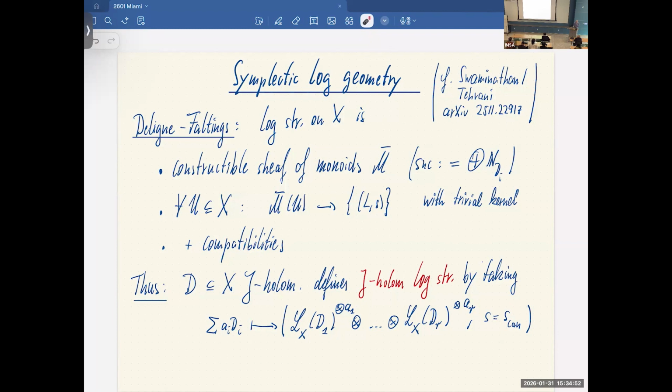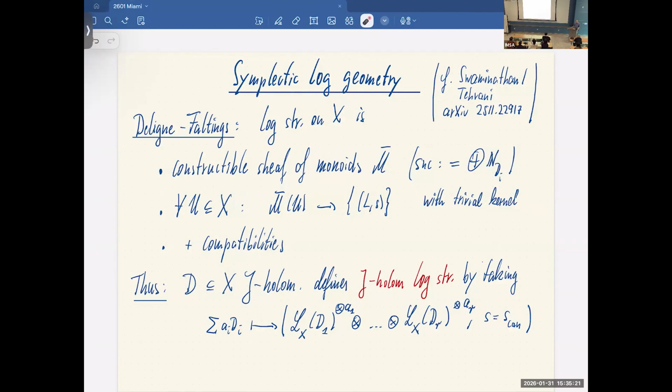But it's been around for a long time. It goes by the name of Deligne-Faltings log structures. And it starts with this, still a bit of a mouthful, constructible sheaf of monoids M bar. But in a simple normal crossing situation, it's something very simple. You just take a copy of the constant N sheaf for each irreducible component and take a direct sum. So M bar is like the sheaf of vanishing orders of functions, which have zeros at most along D,